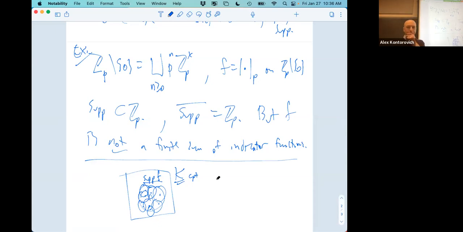Isn't the absolute value constant at zero? It is locally, oh, no, it's not locally constant zero. Every neighborhood is zero case. But for any point in this set, when I take away zero, around it I can put a ball by specifying the first two digits, making the rest of them free. So this is locally constant. Its support is contained in a compact set. The closure of the support is a compact set, but F is not a finite sum of indicators. So that's great.